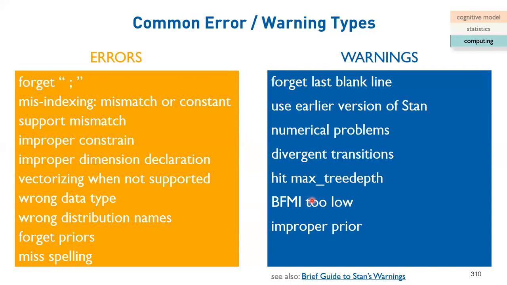So make an equivalent model, more optimized, reparameterized, and then usually you will see no more warning messages after these procedures. However, this is not a guarantee, right? If you do every optimization, if you do every reparameterization, and you still see all these warning messages, what do you do? Then you will have to change the Stan